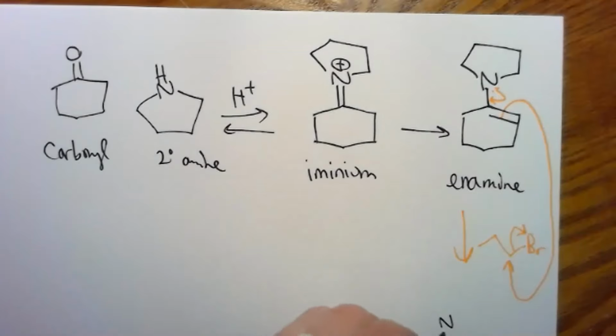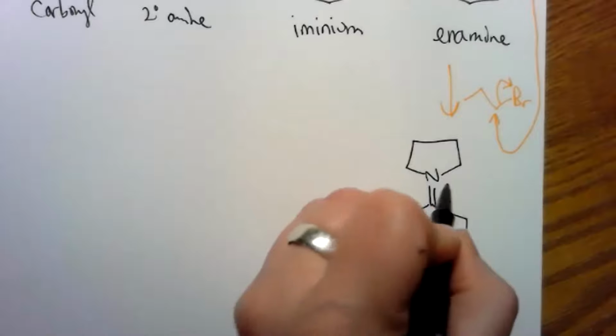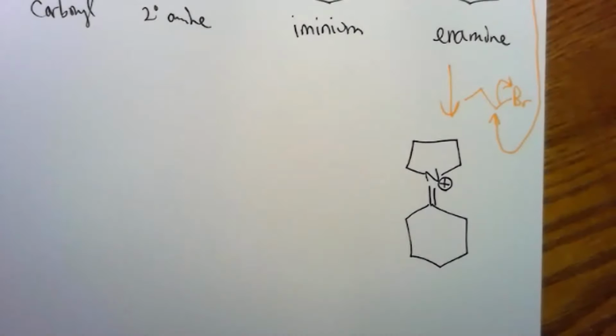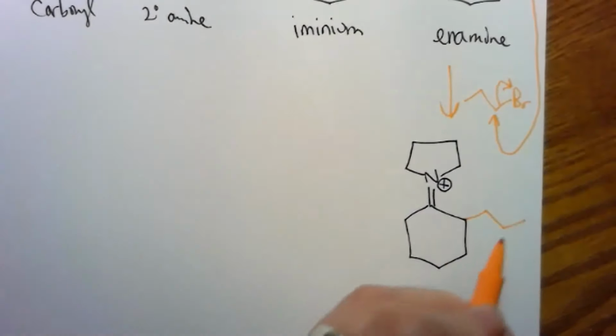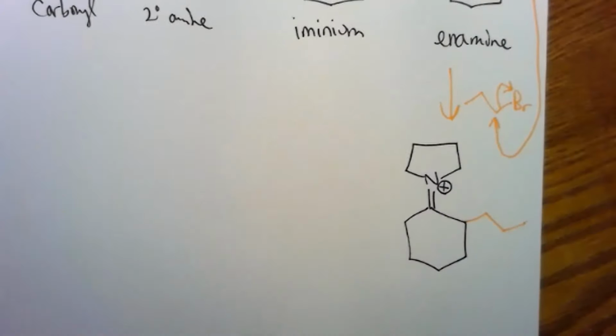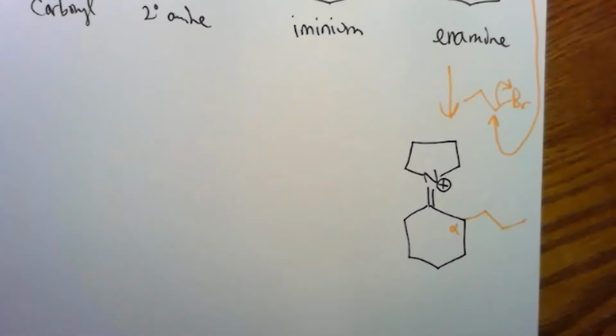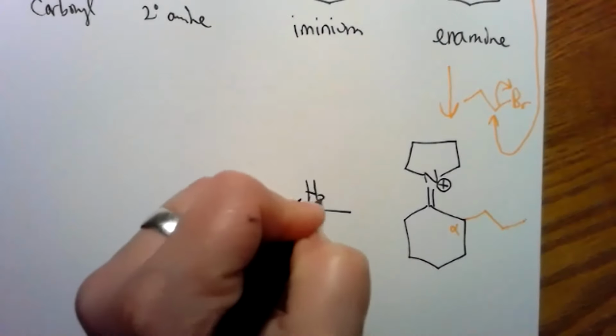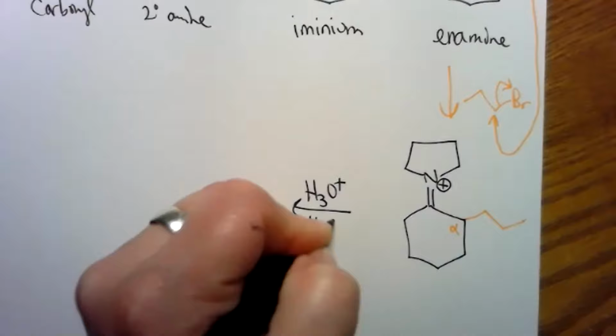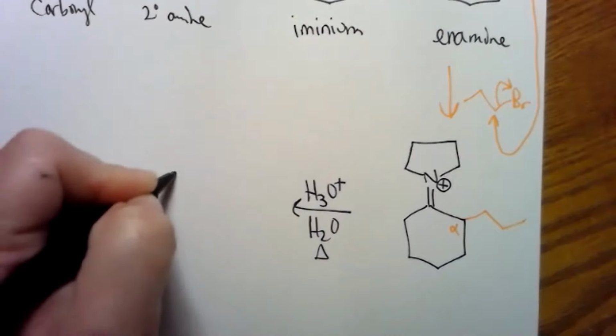You get nitrogen, doubly bonded, positive charge, and you add 3 carbons, 1, 2, 3 carbons to your alpha position. And then you can do hydrolysis. What? Why would you do that? You just put it on. Well,